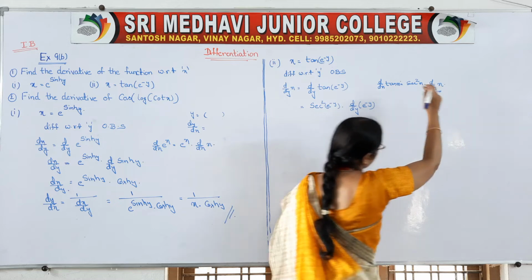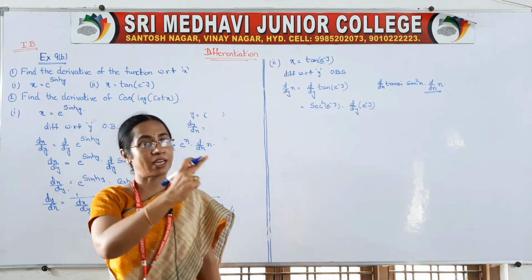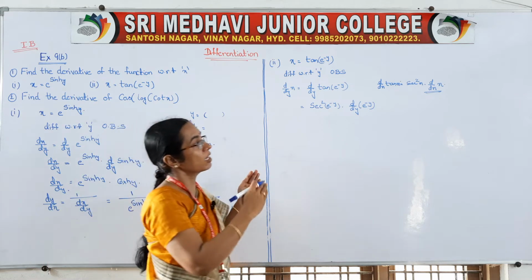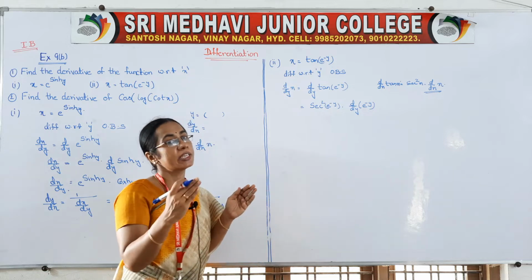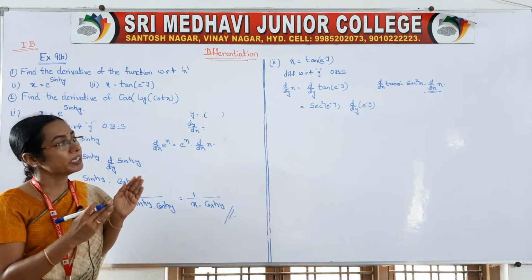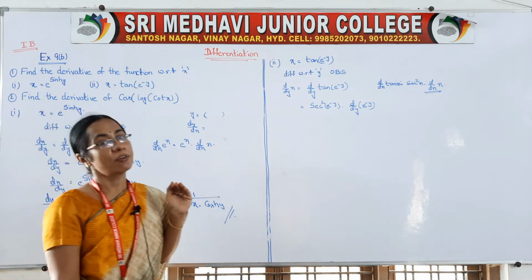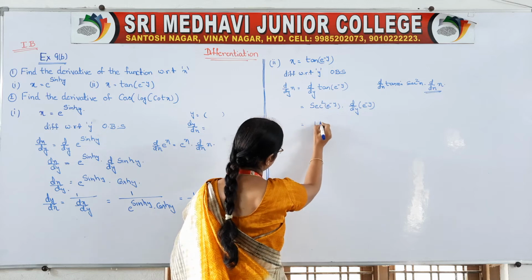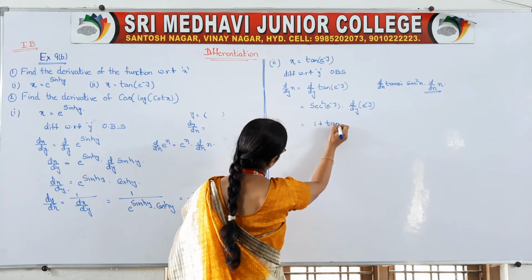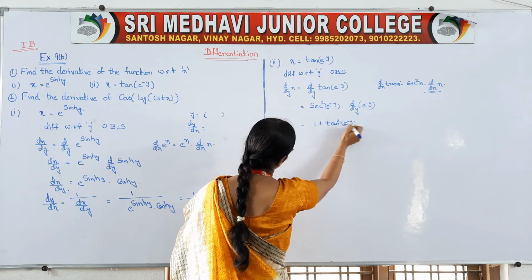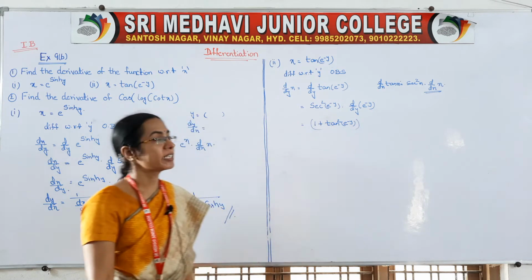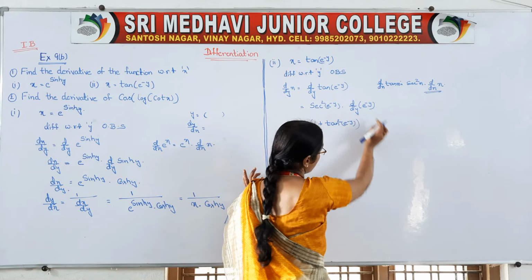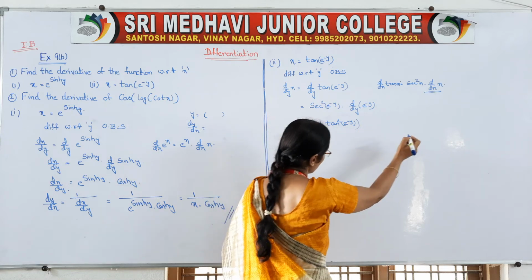In all the formulas, you have to remember this, then only we can get the correct answer. So d by dx of tan of any variable is equal to secant square of that variable into d by dx of that variable. Okay, so again secant square can be written as 1 plus tan square, isn't it? There is a standard formula in trigonometry: secant square is nothing but 1 plus tan square. And what is this d by dy of e to the power of minus y? You know it very well again.